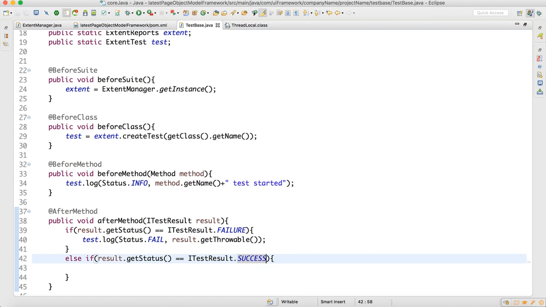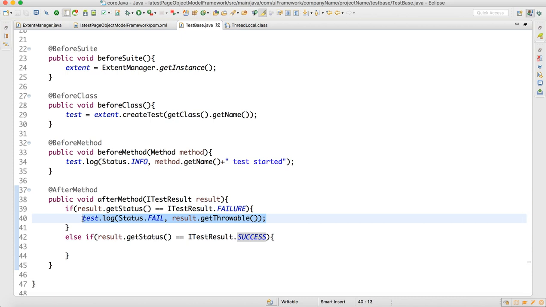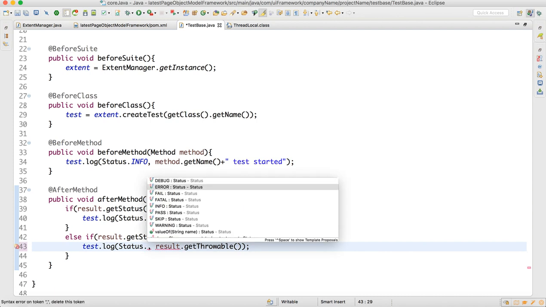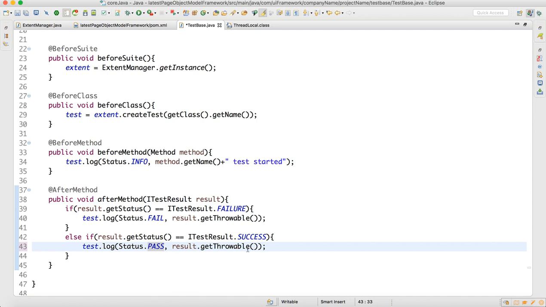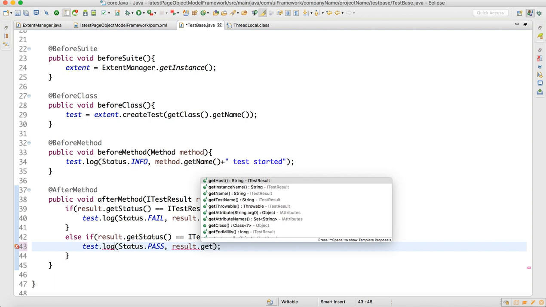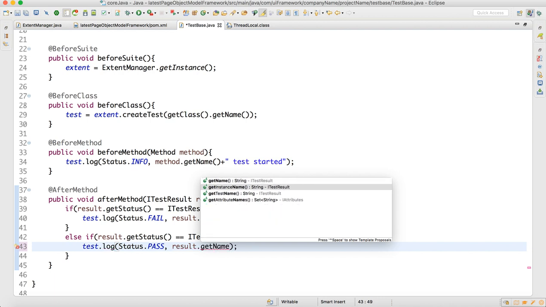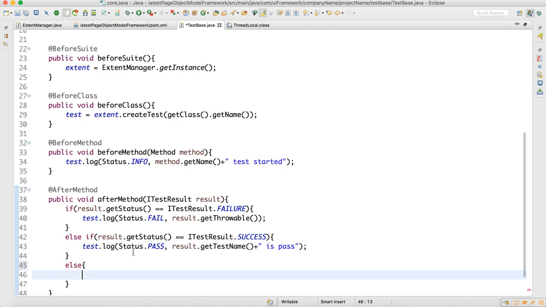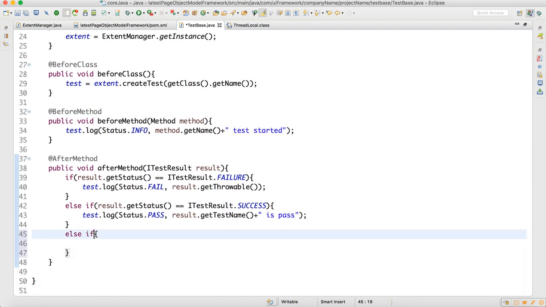If it is success, say test.log. Here instead of fail you change it, you say pass, right? And you do a pass and then result dot get name, result dot get test name plus is pass, and you do else, or you can do else if